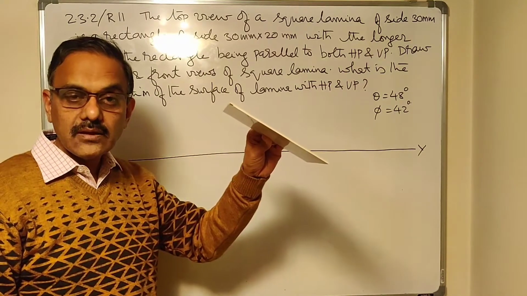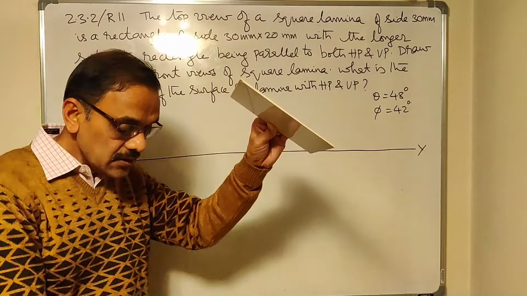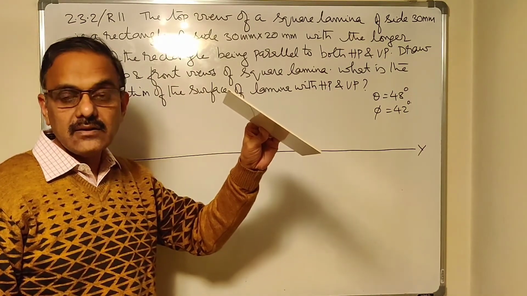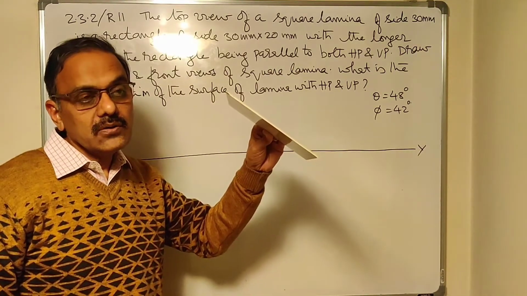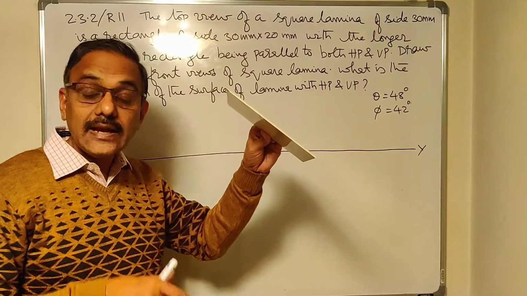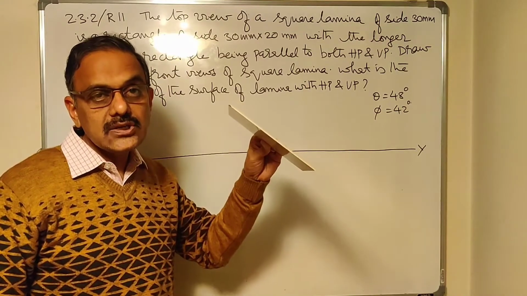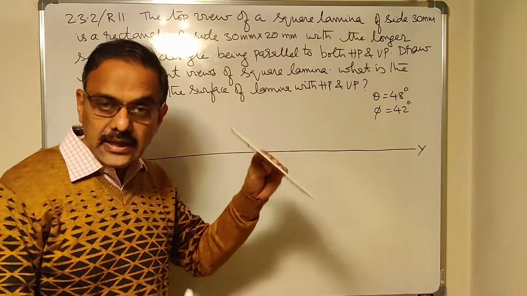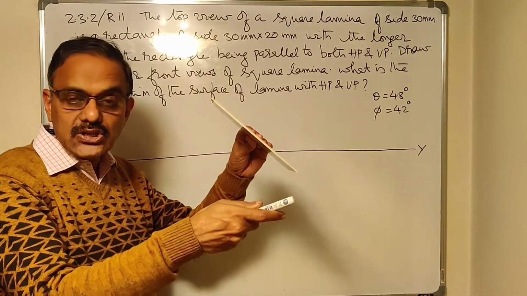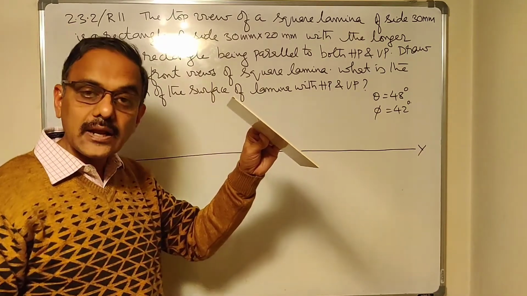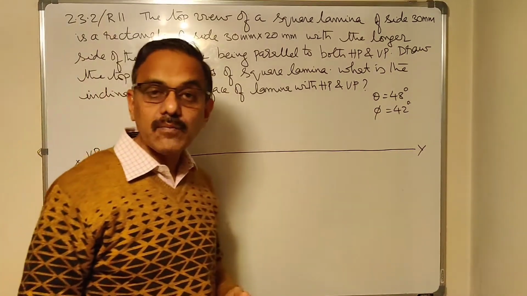Understood? So this inclination is not given to you. Instead of giving the inclination, it is given that the top view is a rectangle of 30 by 20. So based on that, I can find what is the inclination of the surface with HP. So the surface is inclined to HP is indirectly given to you here. That's what I want you to understand. So both the conditions that are required for you to adopt SP1 are there in the problem. One is that the 30 mm edge is on HP. The second is that the surface is so inclined to HP that the top view appears to be a rectangle. So definitely the problem belongs to SP1.